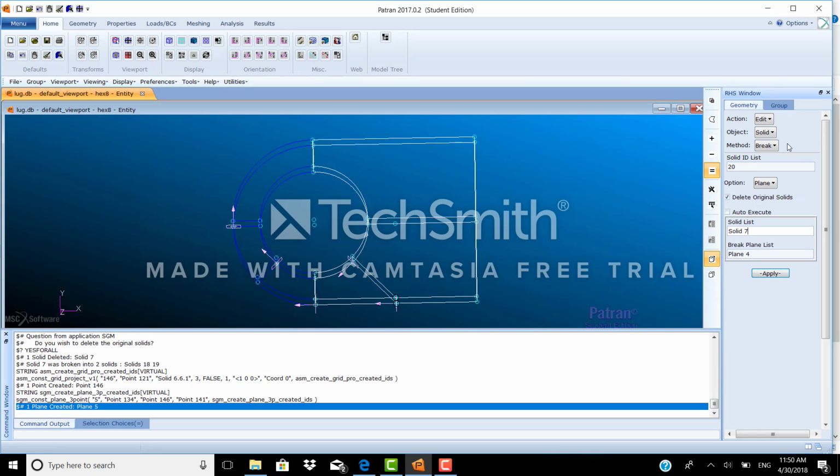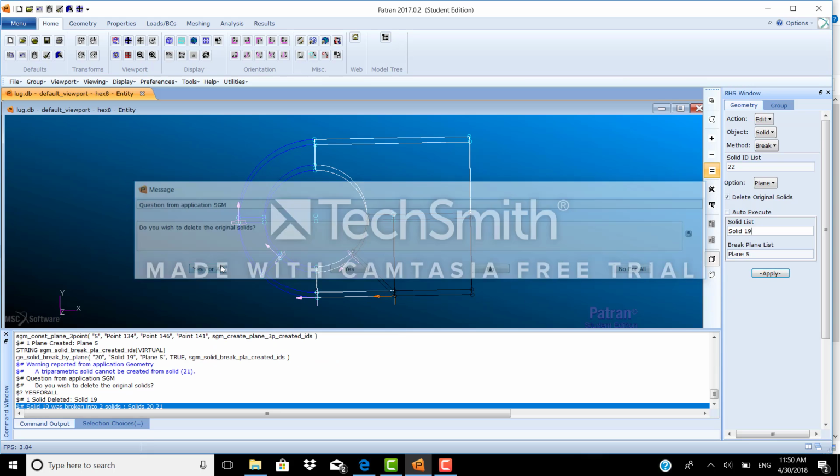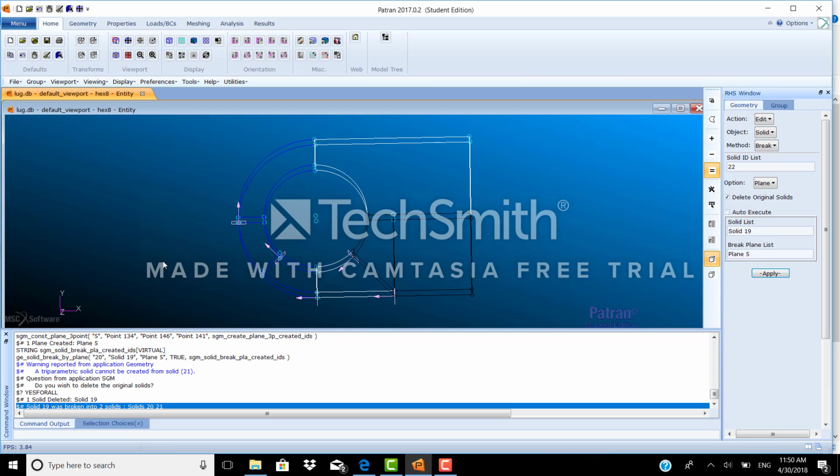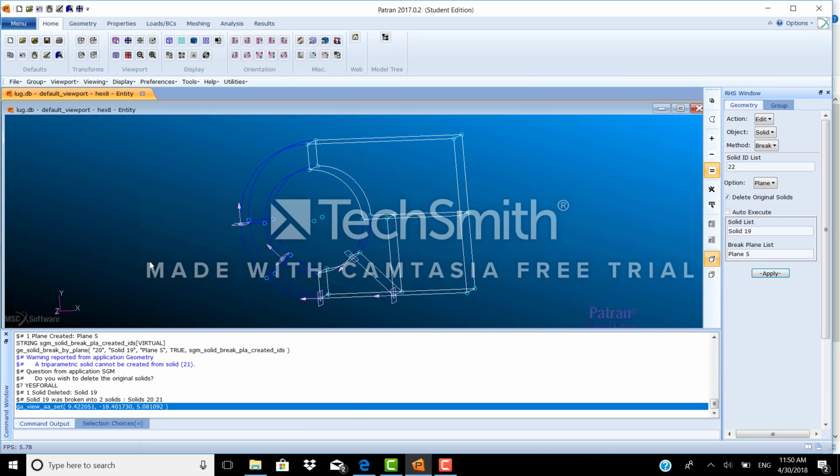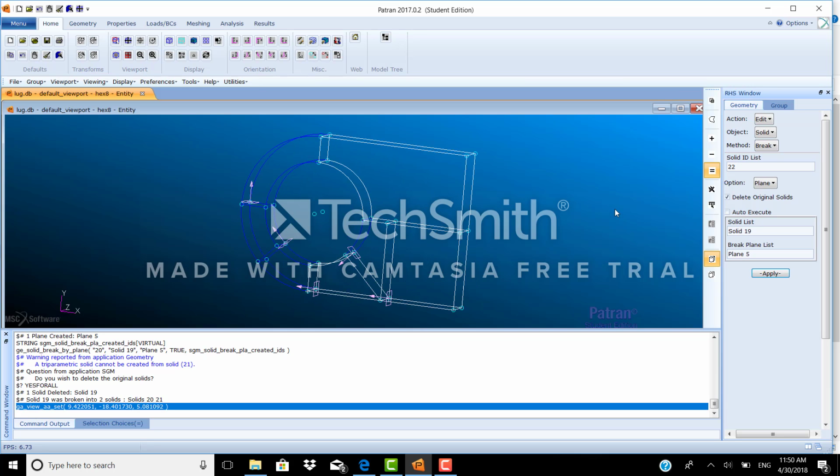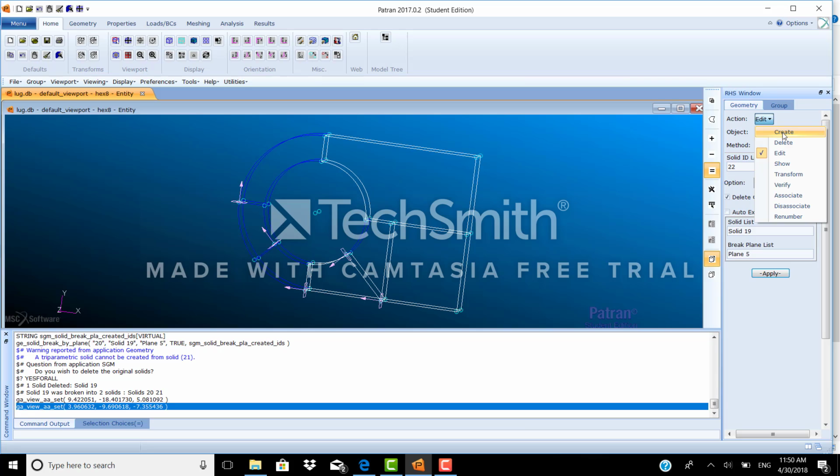So we go to edit, solid break. In option we choose plane again, solid list, which is this. And for plane, which is the plane number 5, there is this. We click apply, just for all, and there is our plane broken. Now we're going to delete the 2 top solids, so we could do delete